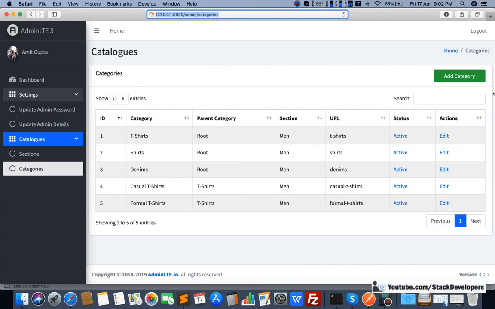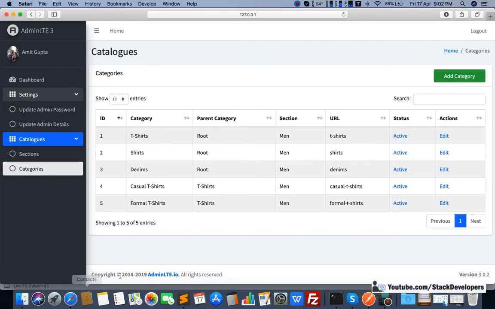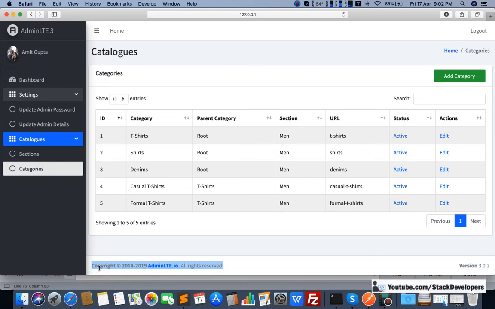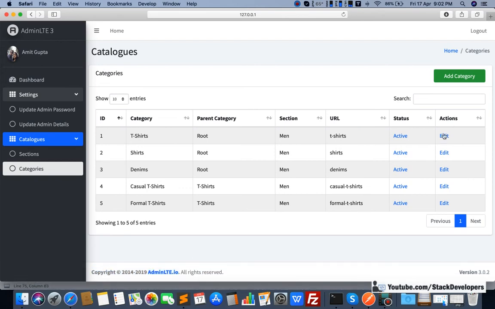So now when I click on edit, it will open the edit category link.